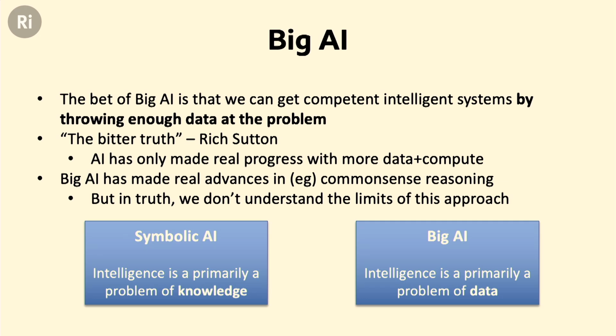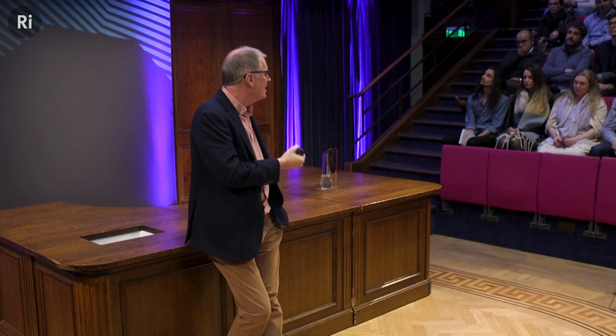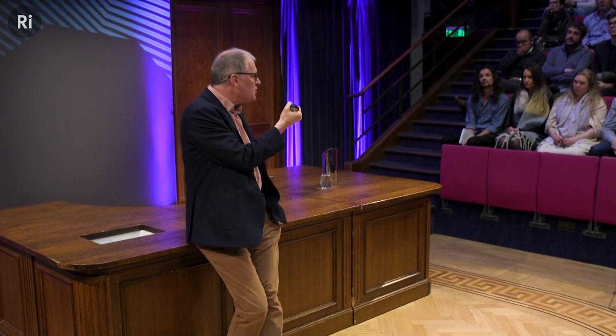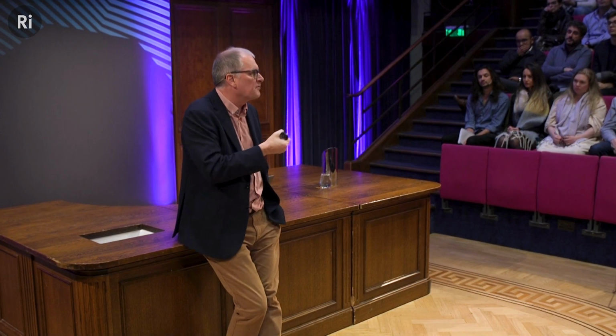And symbolic AI tries to get AI, roughly speaking, through modeling the mind, modeling the conscious mental processes that go on in our mind, the conversations that we have with ourselves in languages. We tried to capture those processes in artificial intelligence. In big AI, and so the implication there in symbolic AI is that intelligence is a problem of knowledge, that we have to give the machine sufficient knowledge about a problem in order for it to be able to solve it.